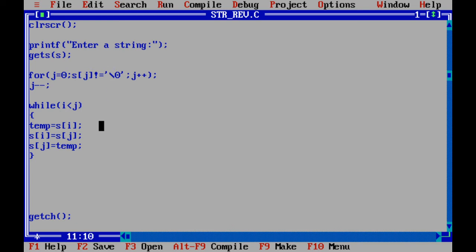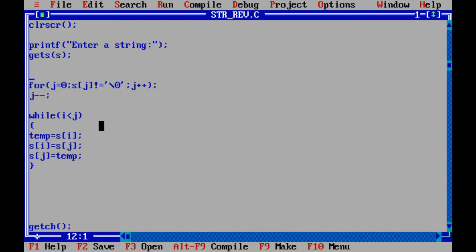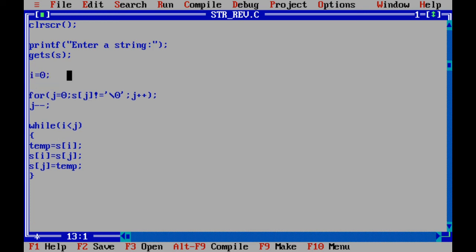One more thing is remaining here: we have to make i equal to 0 initially. So these are the two initial conditions, i equal to 0 and j equal to 4, and then swapping starts. Initially s of 0 and s of 4 are interchanged.